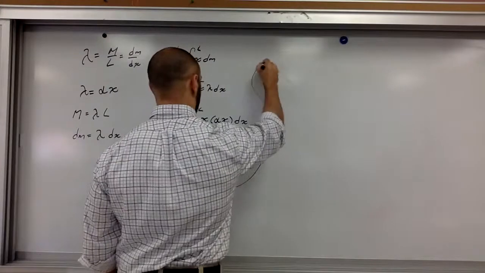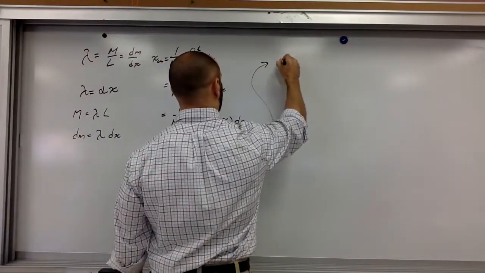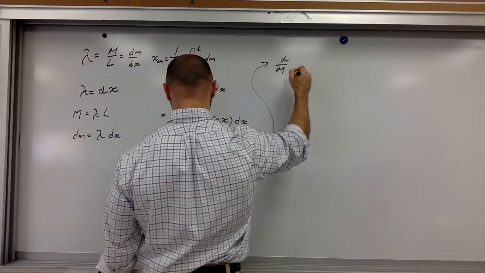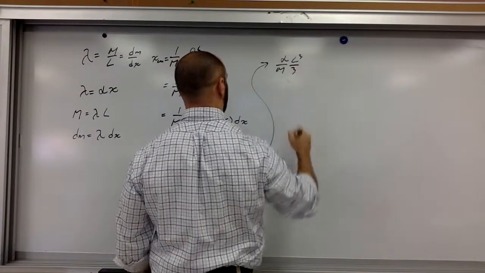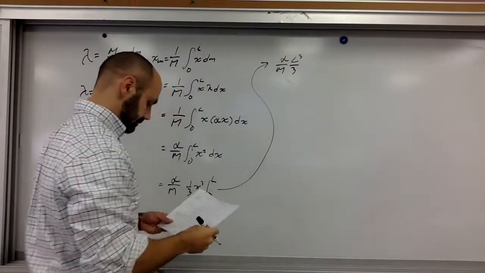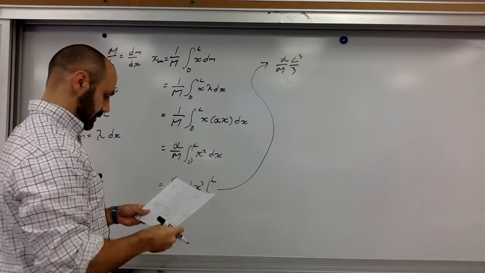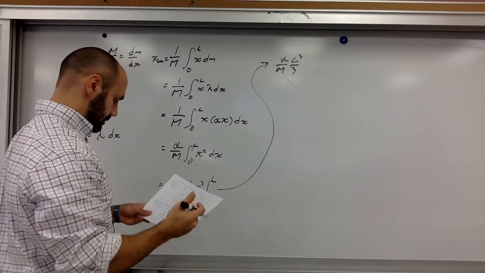And then come up here. So I get alpha over m. This is going to be L cubed over 3. Okay. Now we want to plug in